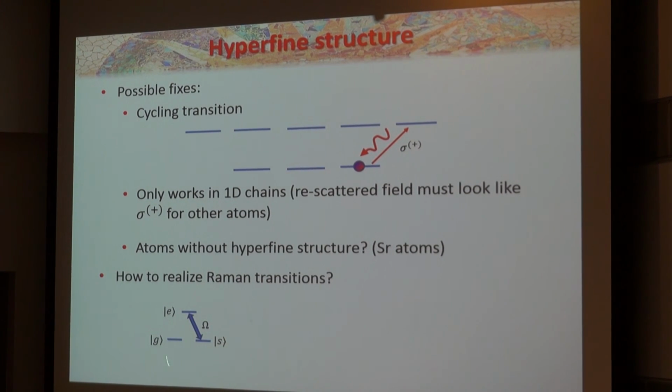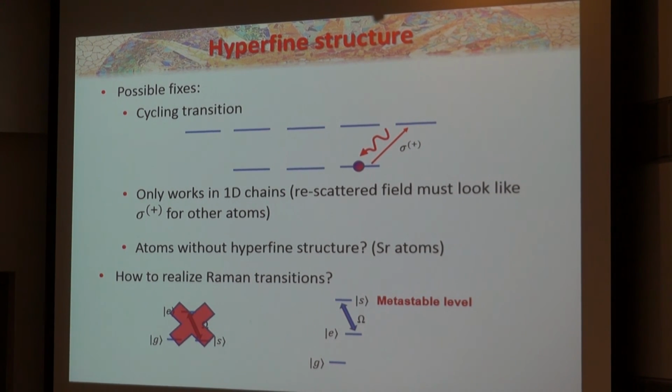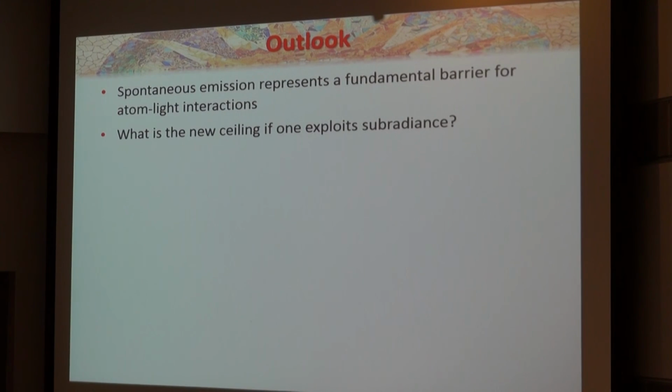There's also a kind of related issue of, I was talking about 3-level systems, but again, that has the same problem of where did this extra ground state level come from. So as far as I know, the only way to do a kind of 3-level system at the moment is to exploit some kind of metastable higher lying level, which just has a very low decay rate. So there's a lot of kind of issues that need to be sorted out. Honestly, I don't know what you would do in a lab right now, but I think it's a question that's worth exploring. So with that, I'm done.